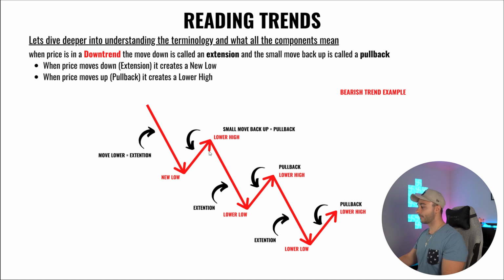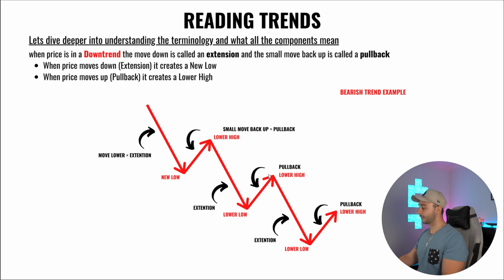And when price moves back up, this is called a pullback. So you can see here, the move lower is an extension, the move back up is a pullback. So new low, and then we have a lower high. Extension down, so the move lower is the extension, and now we have a lower low, and then we get